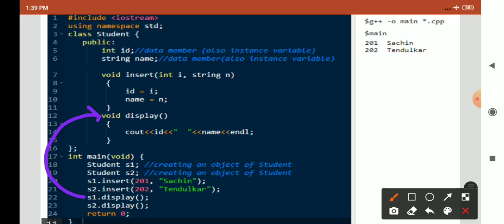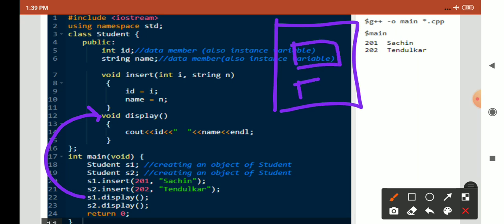The object is stored in s1. Previously we saw an object diagram, in that there is an account number and the current balance present, two objects present. The values of s1, that is id and name, we already stored. For the first object s1 we stored 201 and Sachin.